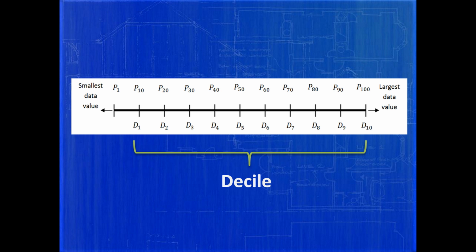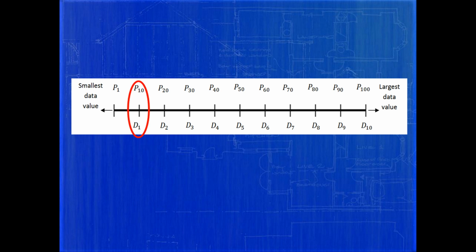In such organization of data, 10% falls below D1, 20% falls below D2, and so on up to 100% falls below D10. Now on the upper portion in this illustration, we have the percentile. Note that D1 corresponds to P10, D2 corresponds to P20, and so on up to D10 corresponds to P100. Also, the median is the same as P50 and D5 as well as Q2.